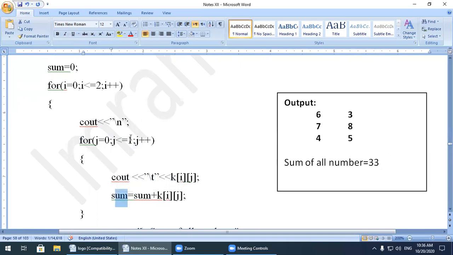Keep in mind for the nested loop, for each value of the outer loop, the inner loop will be executed completely. So j's first value 0 is executed, and the next value should be 1. 1 is less than or equal to 1, so the condition is true again. So i value is 0 and j value is 1. a[0][1].